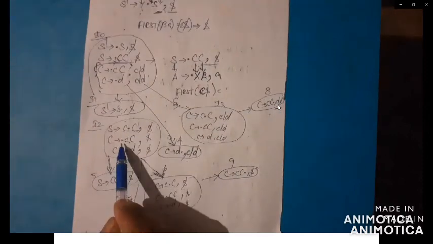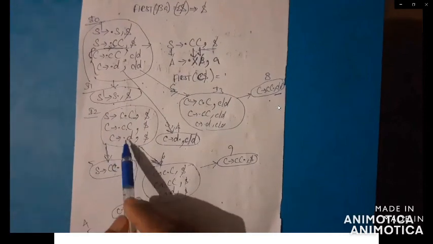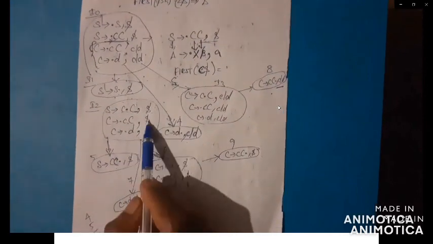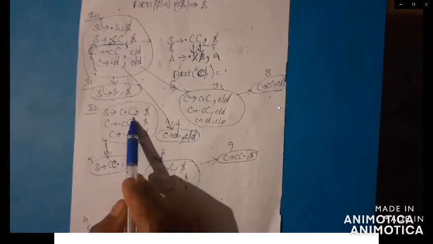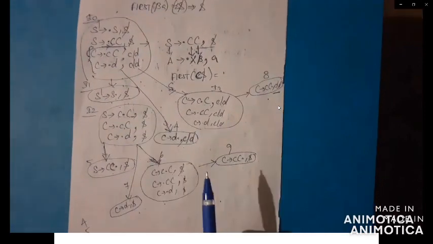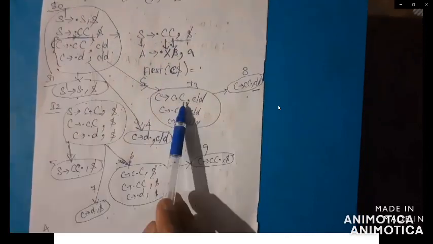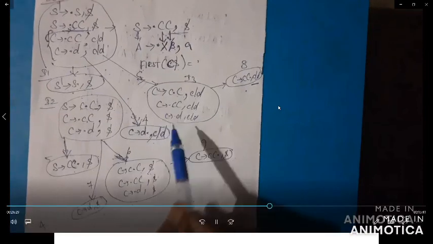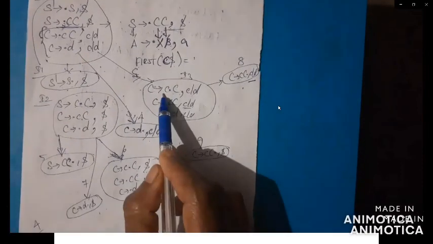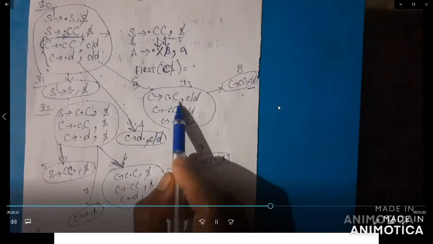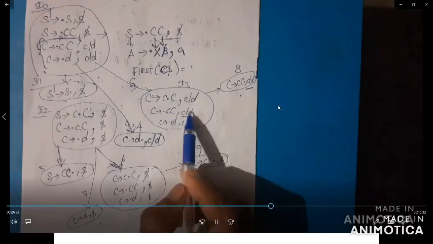Dot C means you got to write for the C productions. Dot CC dot D, you got to write for the lookahead symbol, alpha dot X beta A. Here A is empty, so the dollar symbol. Next I3: C tends to dot small c capital C. So the dot C can move to C dot C, comma c bar d. Dot C means you got to write for the C production. What is the lookahead symbol here? Check alpha dot capital X beta. Here beta is empty, so comma c bar d means automatically both are c by d. It's correct.